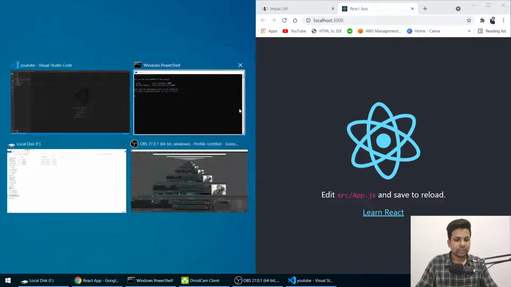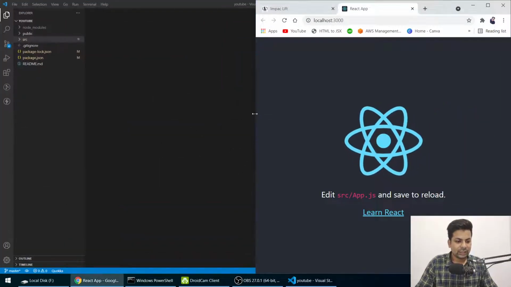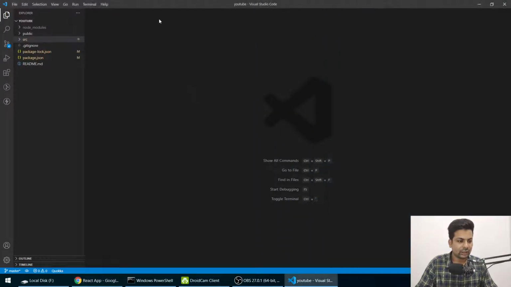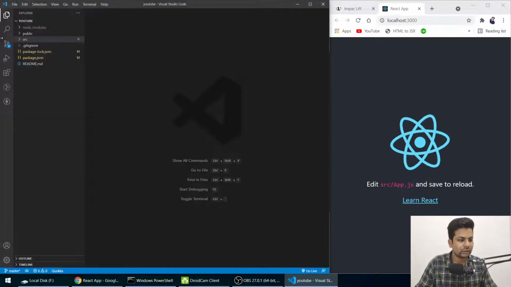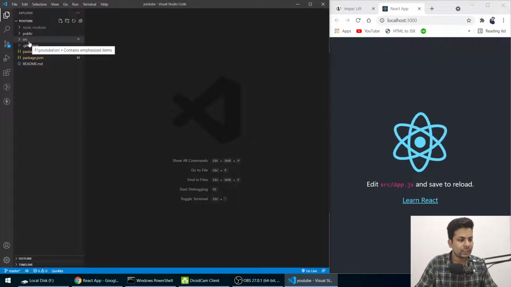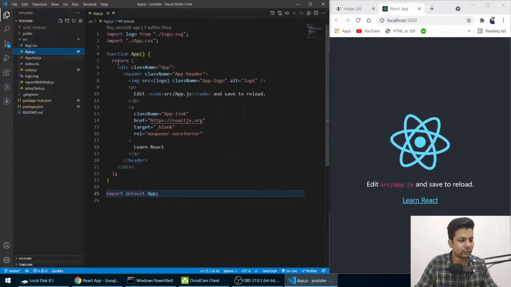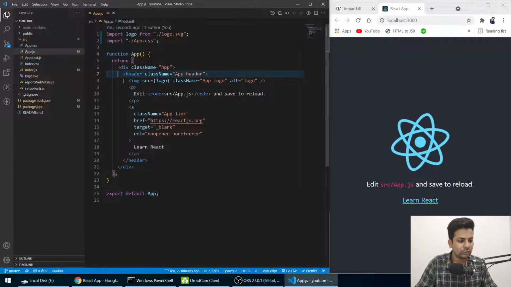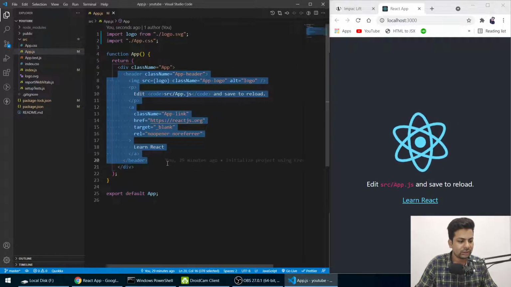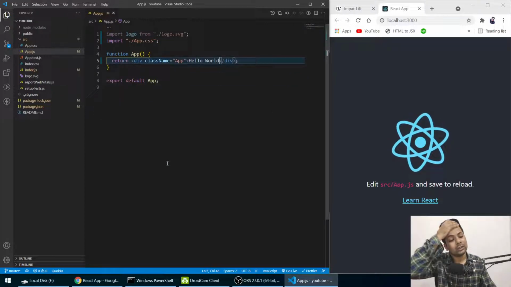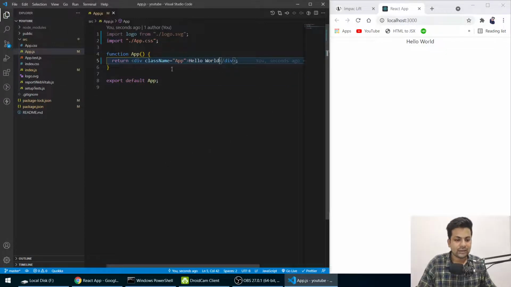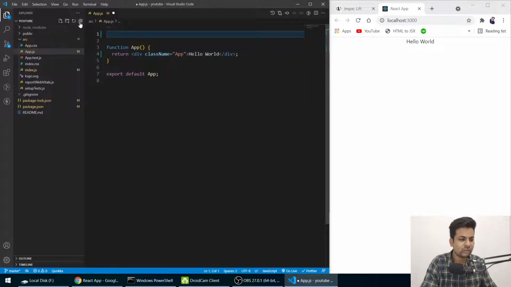Now in the src folder, we'll go into app.js and remove everything, and say hello world and save it. And guys, it's working. So let me remove these things also.